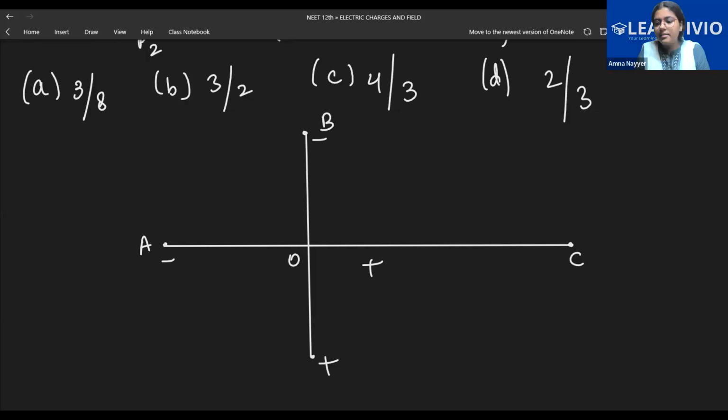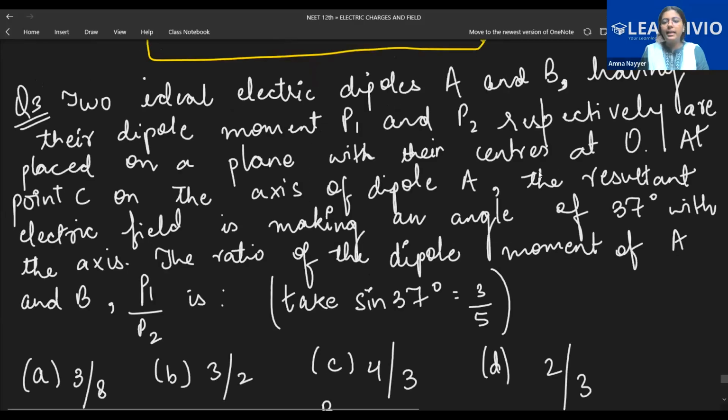Look, class. This says two electric dipoles A and B, so they are given in the form of a figure, have their electric dipole moments as P1 and P2 respectively. Now this says they are placed on planes with their centers at O. So that is already given in the figure. It is saying at the point C that was present at the corner, I'll show you, on the axis of the dipole A,